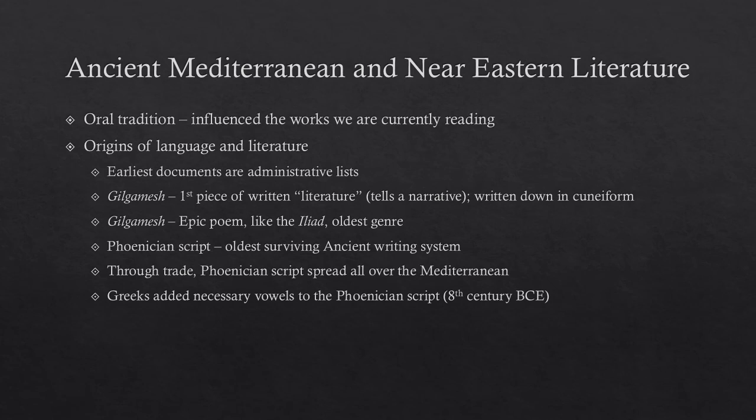Now, one thing you'll notice about the Phoenician language, if you ever look at it, is that it doesn't have vowels. And if you know anything about the English language, vowels are pretty important. So the Greeks, once the Phoenician language spread throughout the Mediterranean via trade and reached Greece, basically took it and adopted it for their own language. The Phoenician language was a source of the Greek language, but the Greeks added vowels and made it their own, and it became Greek rather than Phoenician once the Greeks added vowels. So that was an important step. Language continues to spread like that.